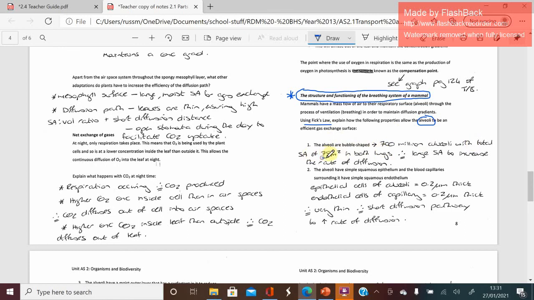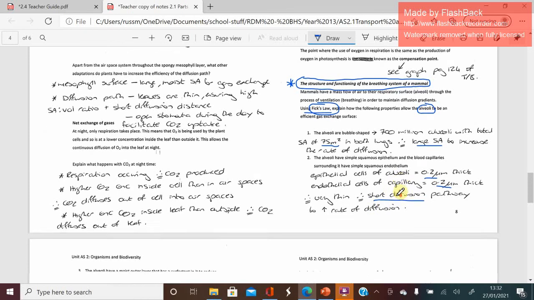Now that surface area is 95 square meters was the last one, or sorry, 75. The other one was 95. Doesn't really matter. You won't be quizzed on the actual number, but it's a very, very large surface area. That's the key. And then epithelial cells, you can see their thickness, and therefore a short diffusion distance. So you're using Fick's law. Remember the three things: concentration gradient, thinness, and then distance,